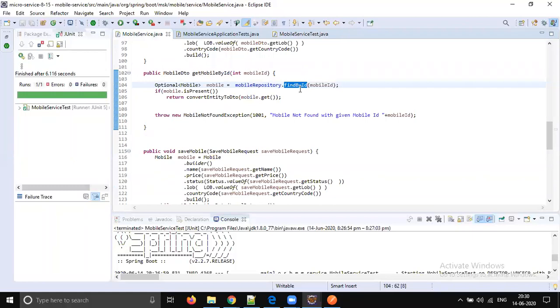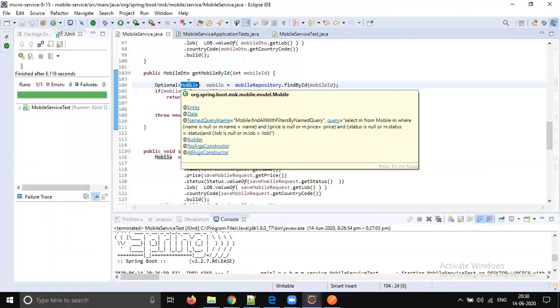When you call that method, what is the expected thing that has to happen? You pass some mobile ID and we are expecting some valid data. Let's test a valid scenario first.